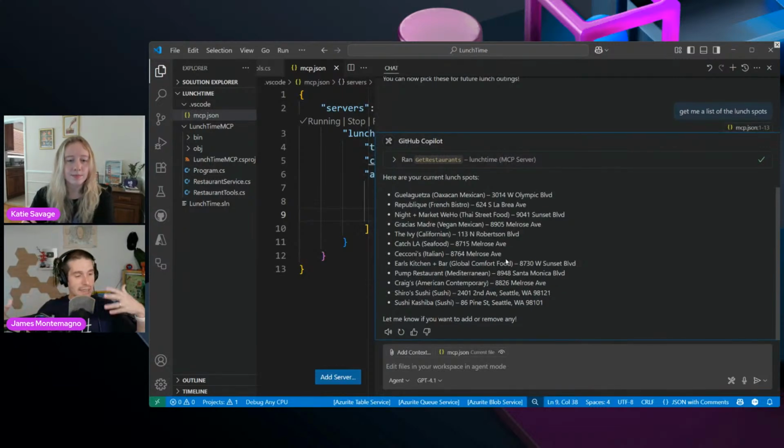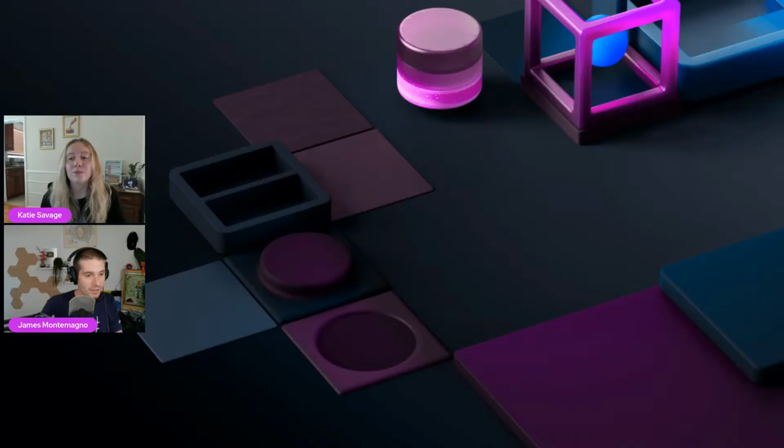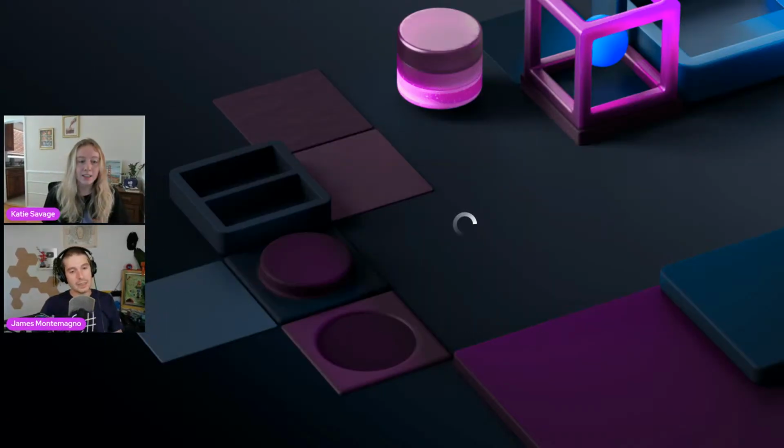Imagine that, my team deployed this MCP server. We could add authentication. We would do this. And now we're all jamming on lunch, even though we all live in different cities. Woo, we did this. It happened. Speed run. Bam. Amazing. Cool. All right. Go ahead and stop this.